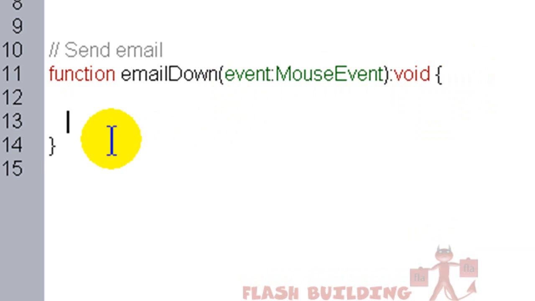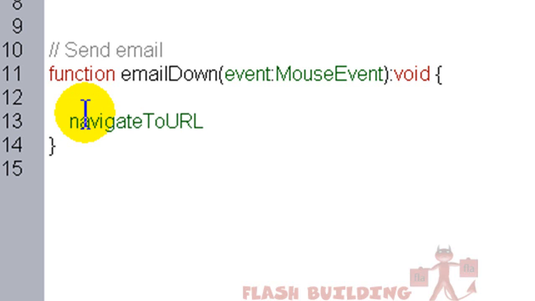So inside of that function, actually let's go ahead and just now we'll duplicate it later. What I did was I opened the curly brace for the function, pressed enter a couple of times to go down a few lines, and then I closed the curly brace. So now the function is opened and closed, and inside of it is where we place the code that we want to happen. Now we're going to use the navigateToURL method